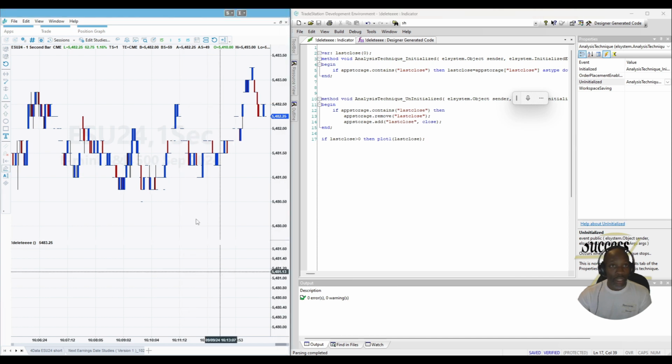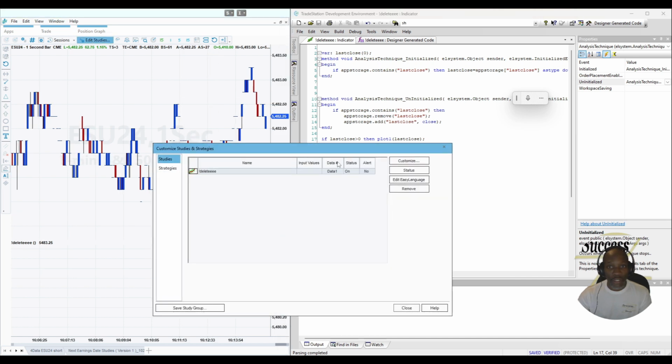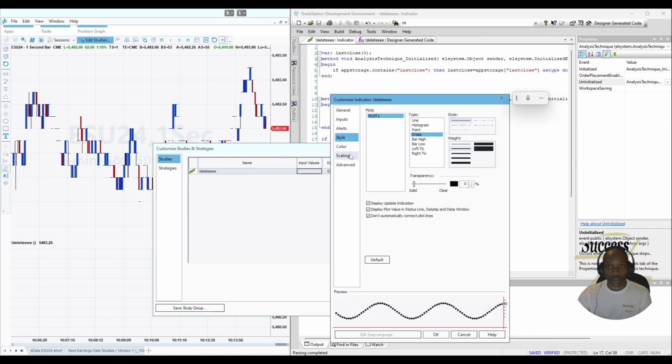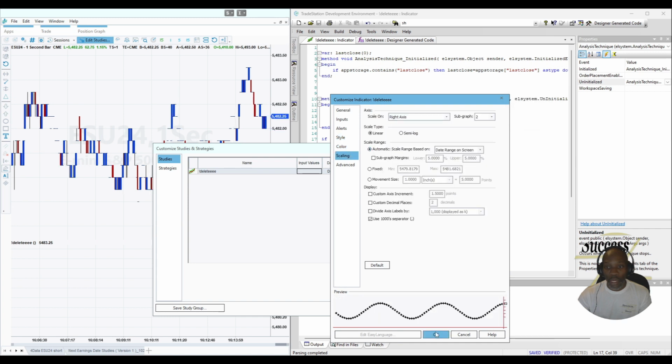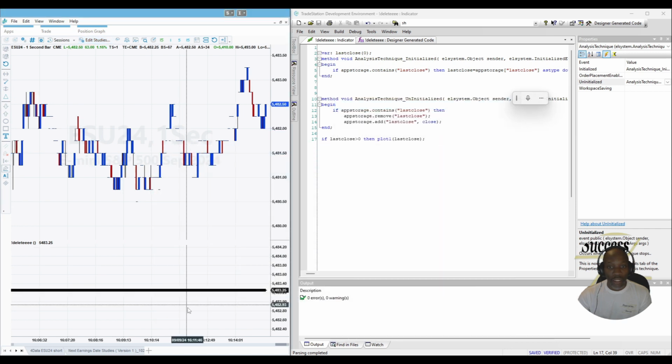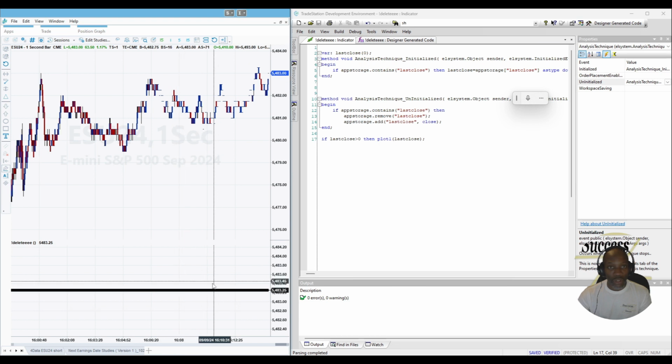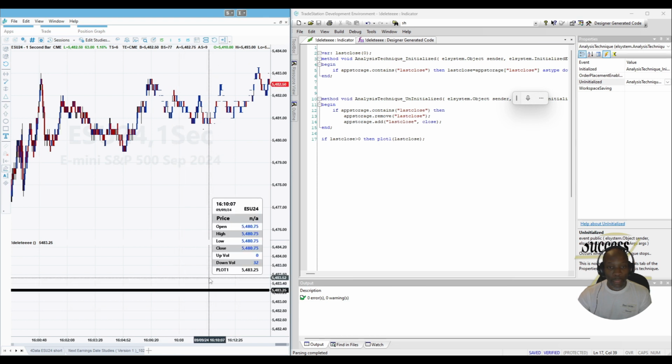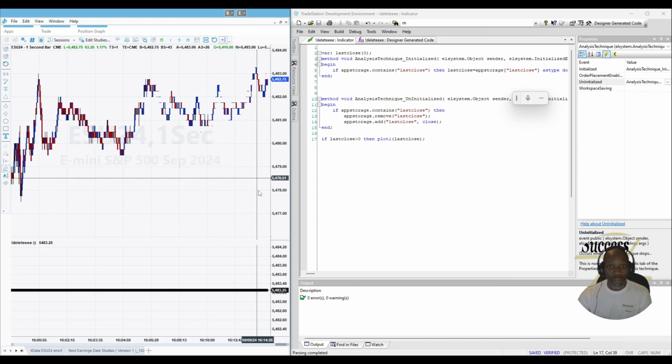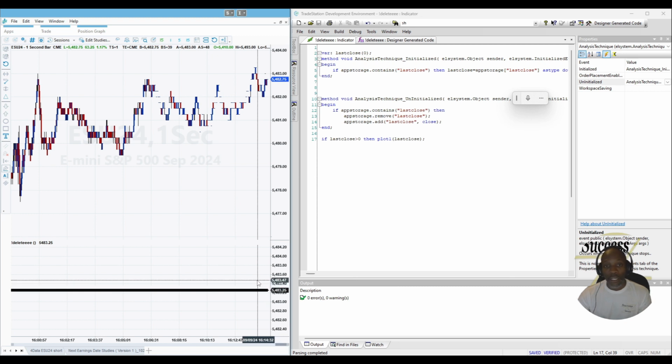Okay, now I think we do have some data down here, but the scaling is off. Go to scaling, automatic, hit that. Okay, so that is your value. You see there, plot 1 says 5483.25. Okay, now 5483.25, that's the close of whenever